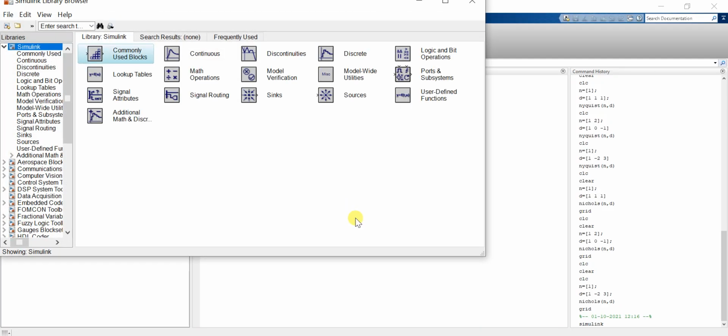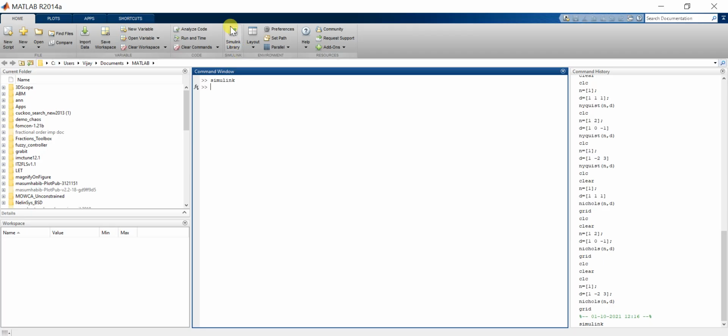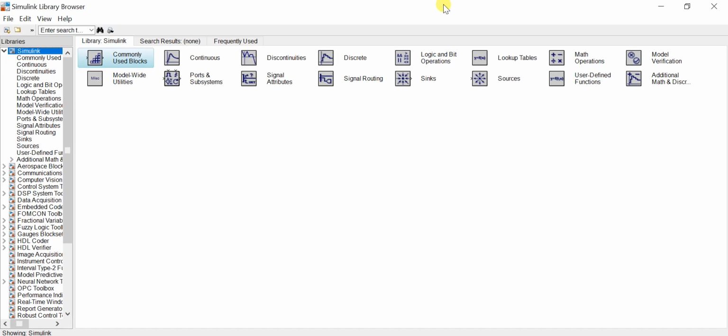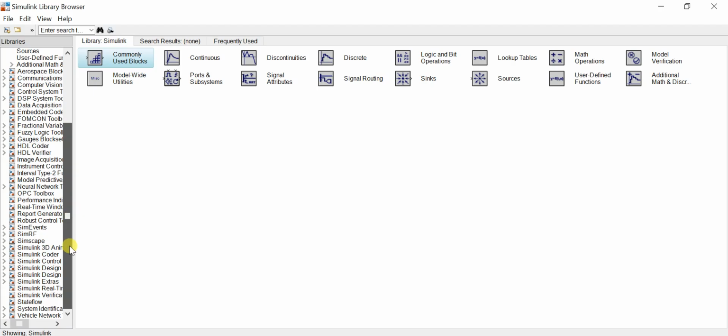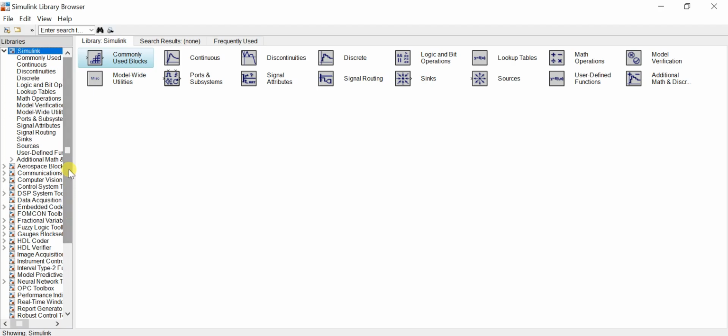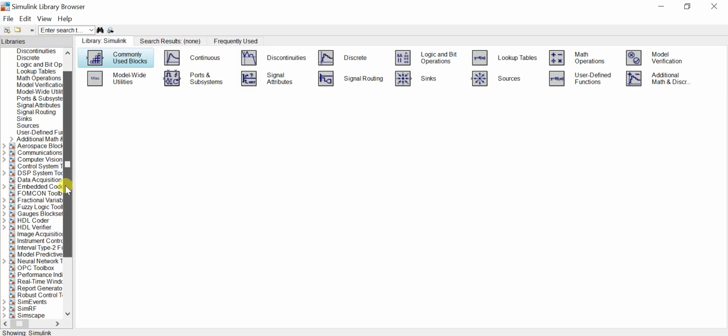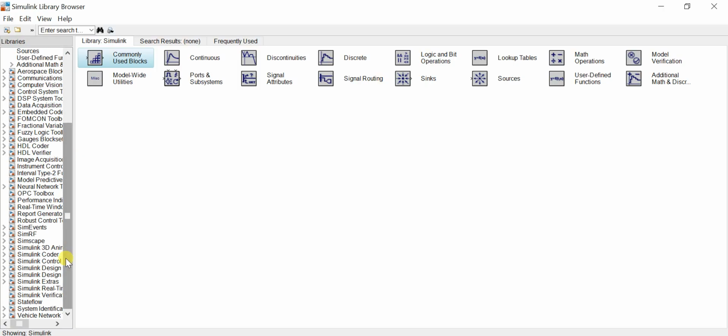Another way to open Simulink is this, which will open the Simulink libraries in which you can see the blocks, or you can directly click here, that is Simulink library. This will also open the Simulink. You can see here there are so many toolboxes as per your requirement or the field in which you are working. You can use the toolbox, but there are so many toolboxes. You have to be concise and do your research work in a particular